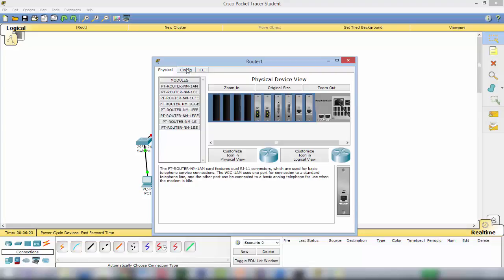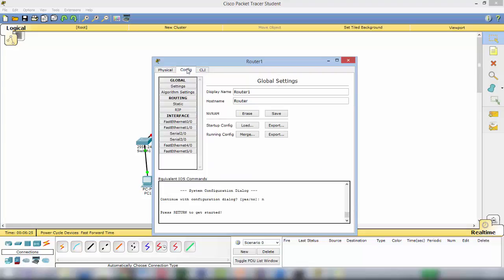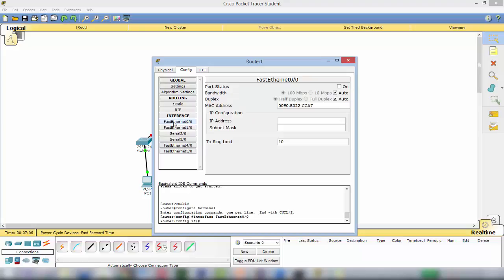here go to config button, and for one network you need Fast Ethernet 0/0, and if you are making more than one network, then you can also use Fast Ethernet 1/0. Similarly 4/0, 5/0. Here we are making basic networks, so we use Fast Ethernet 0/0. Okay, now as you click Fast Ethernet 0/0, there is